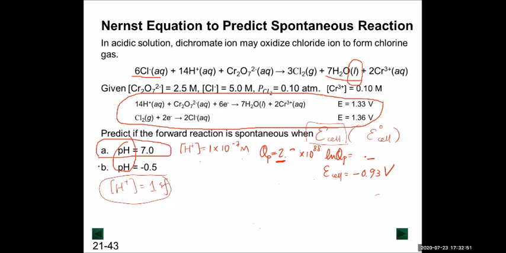And with condition B, it's actually 0, sorry, which I don't need to put in there. But the concentration of hydroniums is a big number. And your quotient,